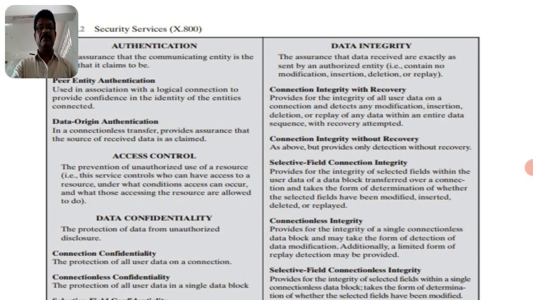Suppose, for example, the authorized party is not available, he may go outside, he may go out of station. Then the authorized party may forward some of his authorities to some other person. Whoever is under that person may take up that particular service and continue the services without disturbing the communication. So this is availability. So these are the six major security services: confidentiality, authentication, integrity, non-repudiation, access control and availability. Thank you.